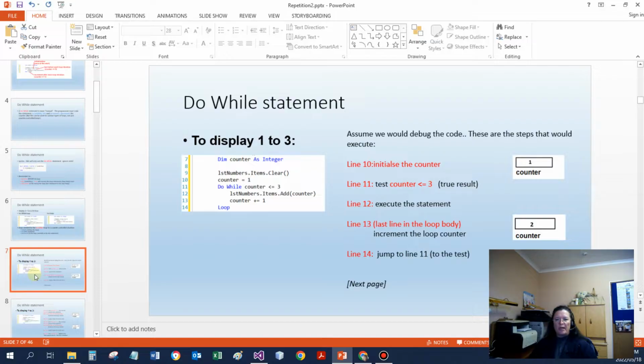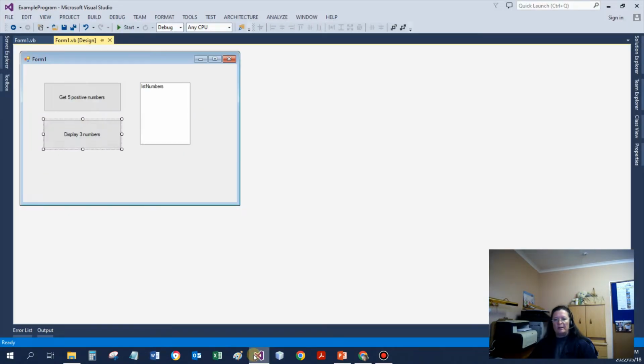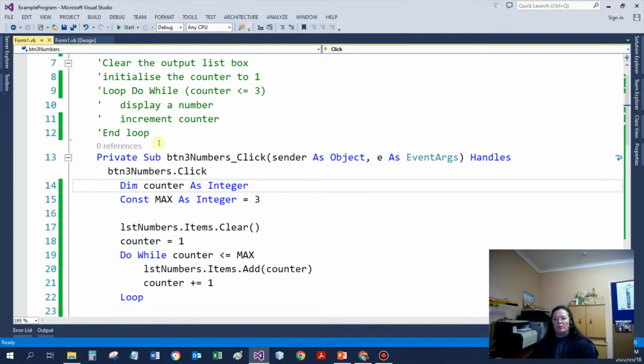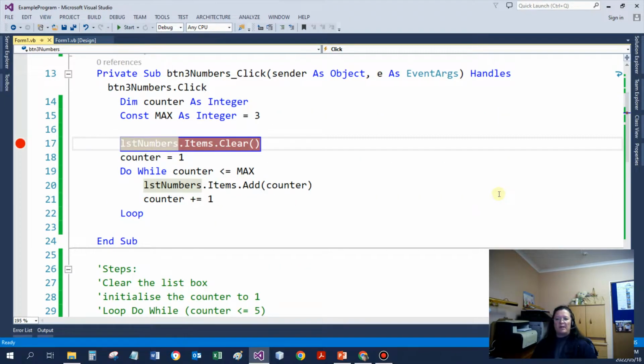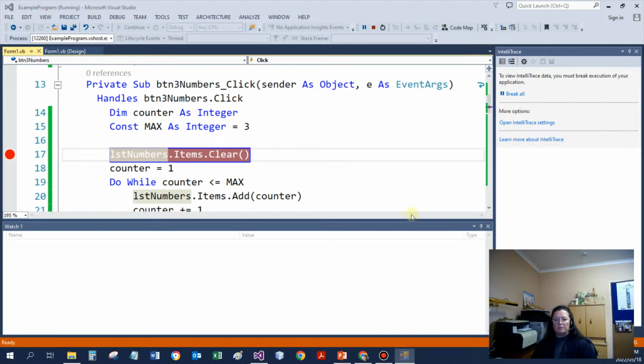We can have a look at the execution of the for loop, or the do while loop. It's just a little bit easier if we have a look at the code itself. So for displaying a few numbers for us, I wrote some code, and I'm just going to specify over here that the debugger must start. If I run the code now,